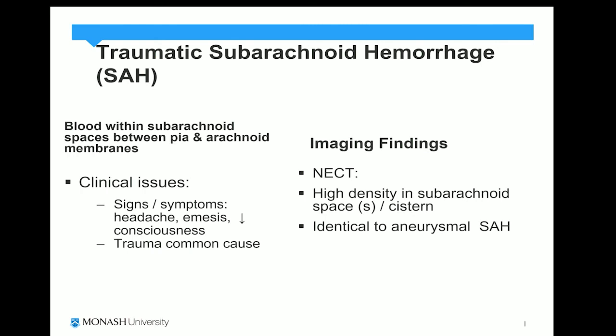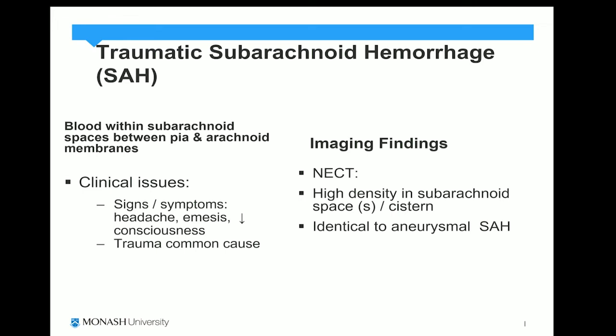Subarachnoid hemorrhage has the same appearance in a patient with trauma as a patient who has had a stroke. And what you're looking for is blood within the subarachnoid spaces, and this sits between the pia and the arachnoid membranes. Signs of a patient with subarachnoid hemorrhage are headaches, loss of consciousness, and emesis, which means vomiting, with trauma being the cause. So the appearances look exactly the same if the patient had trauma or whether the patient had